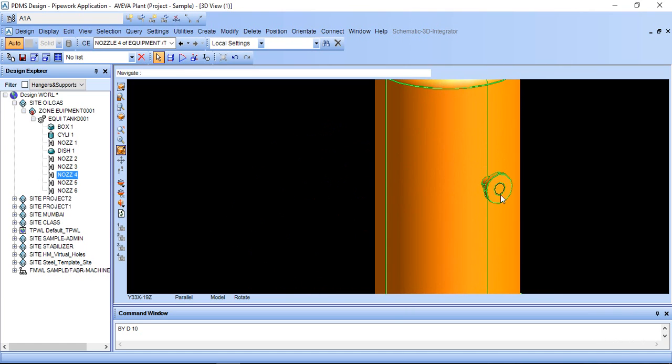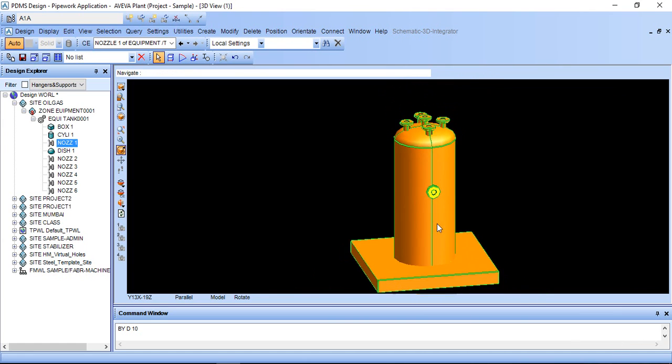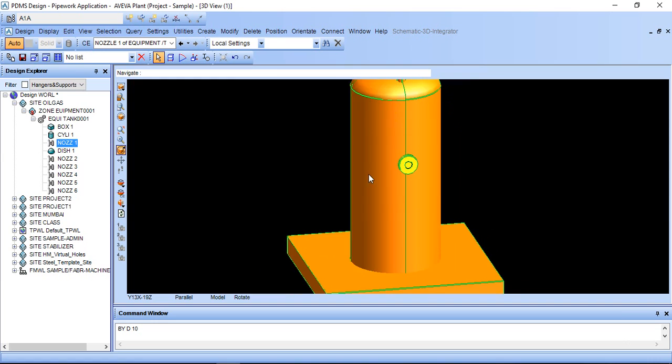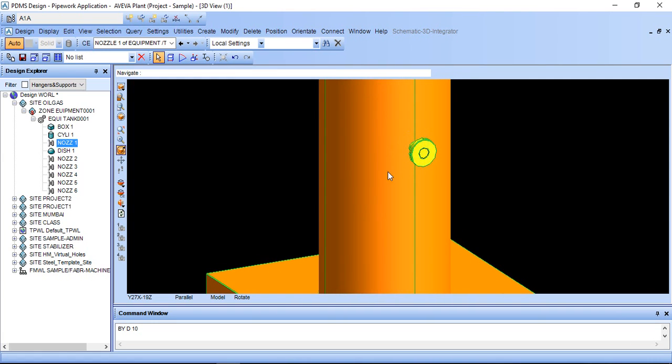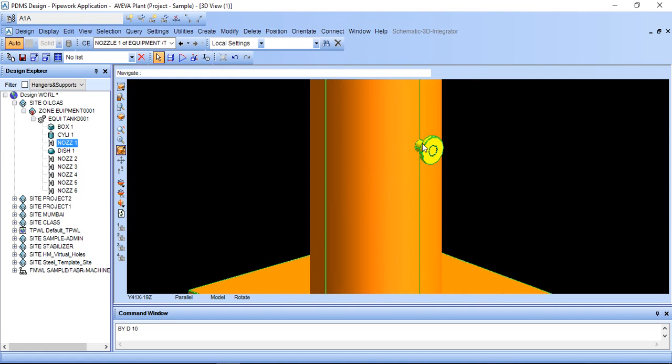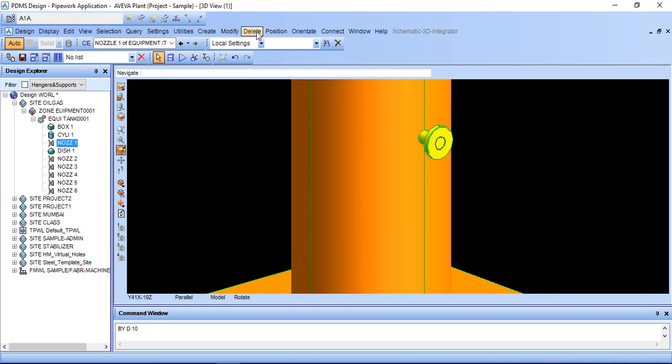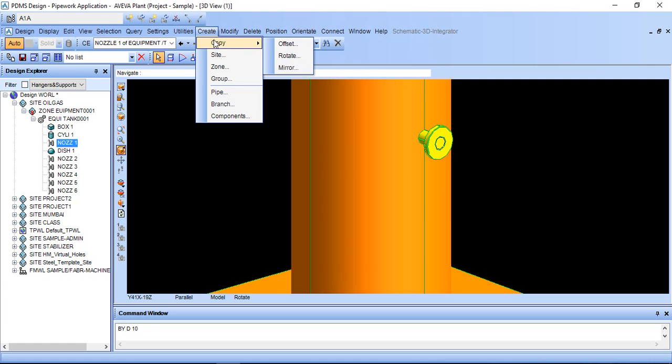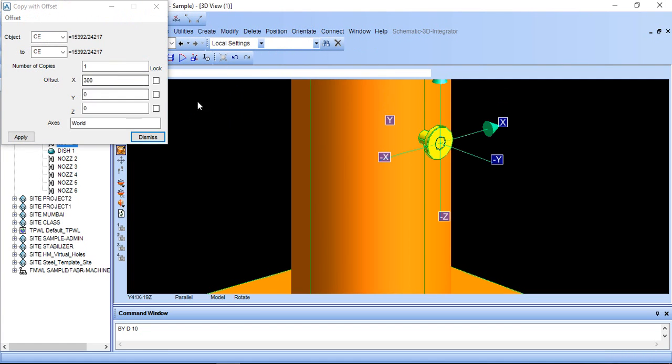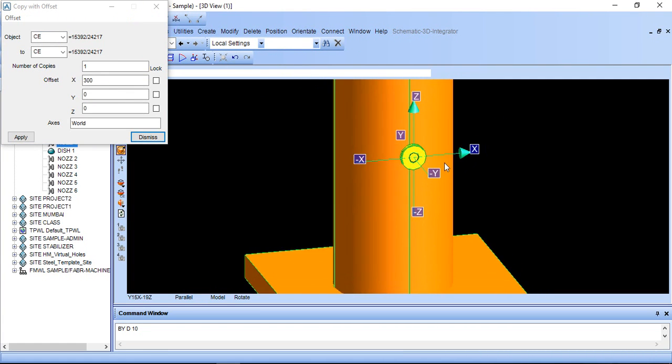Suppose if you want to rotate or offset this nozzle, so just click this. If your cursor is not clicking here or selecting here, so just go to navigate to element and then click this. Go to create offset and here is a distance.